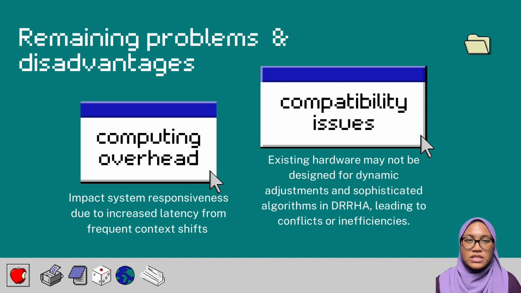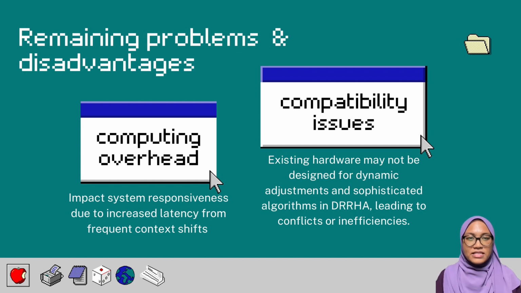The study introduced a unique strategy for enhancing the round-robin algorithm by using the median burst time of tasks in the ready queue. This method has proven effective in reducing waiting and turnaround time compared to conventional round robin and IRRVQ algorithm. However, it dynamically adjusts RAM properties like latency and bandwidth based on the workload, which might impact system responsiveness due to increased latency from frequent context switches in a dynamic environment like DRRHA.